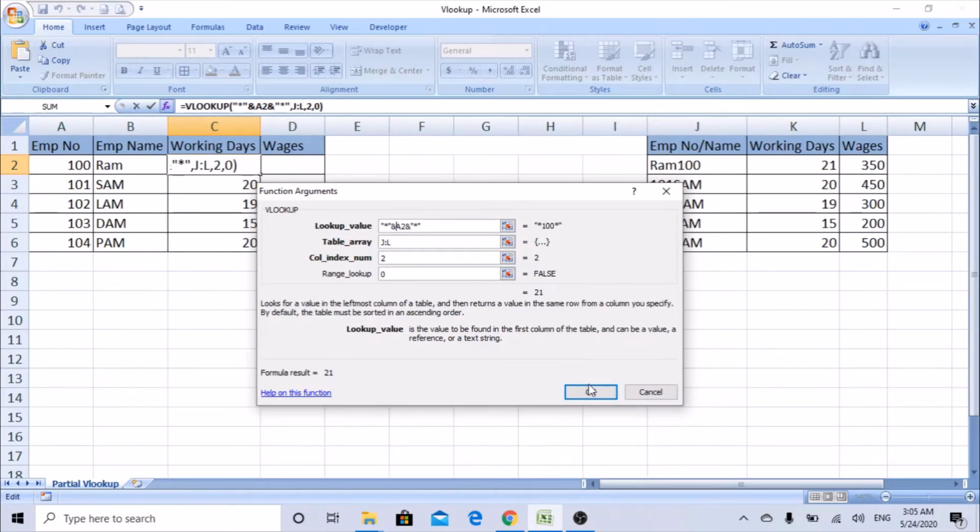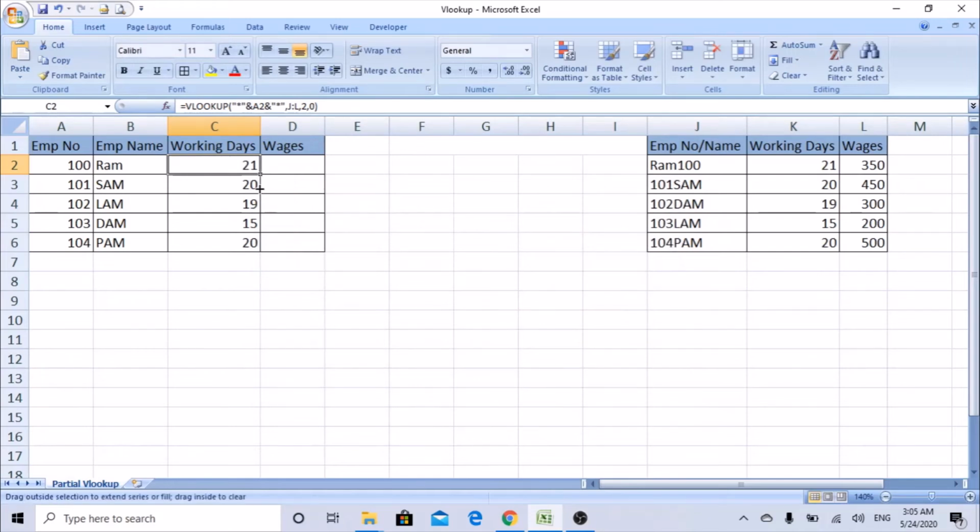Now you can see the value picking. What this star wildcard does, which we have put on both sides, is that this number will be searched anywhere in this particular cell. If that 100 is matched somewhere, it will pick the values.